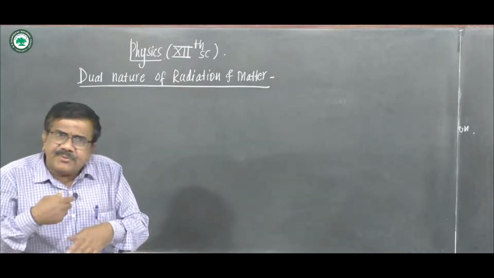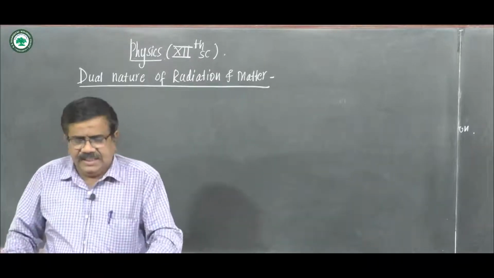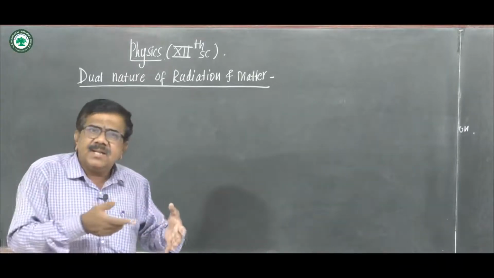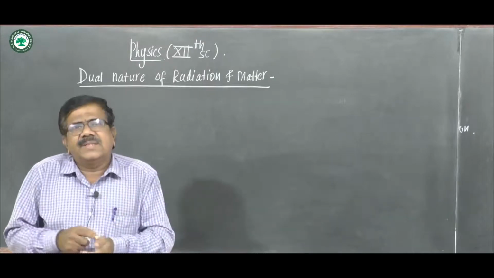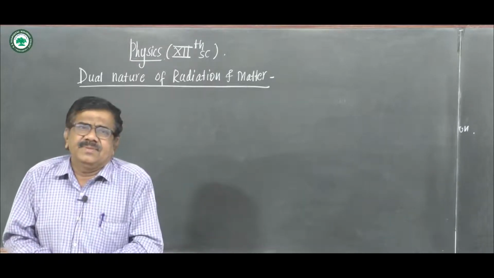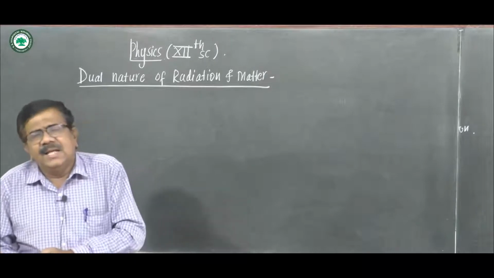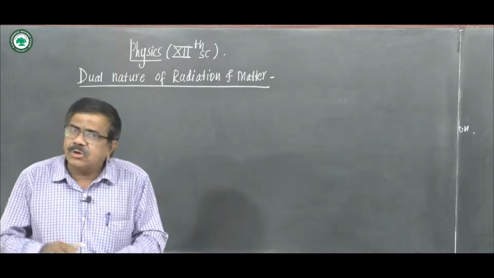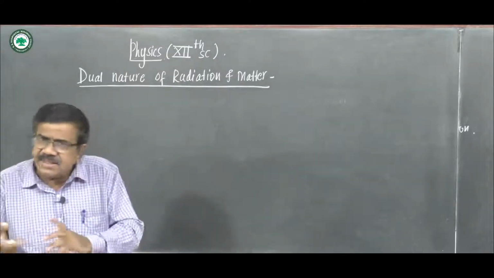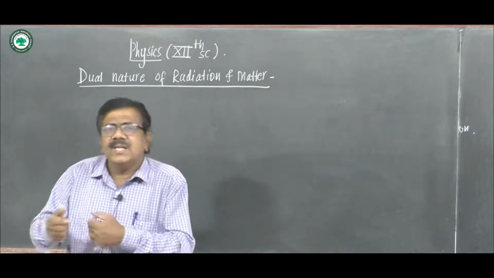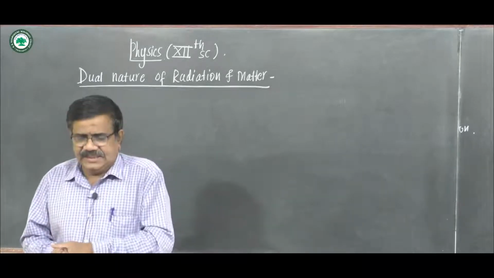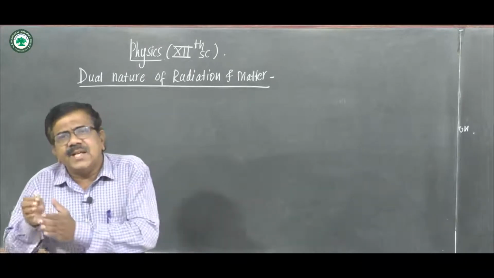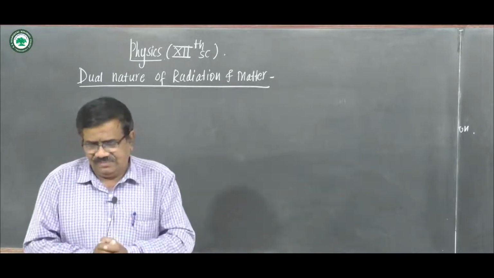These electrons are free to move inside the metal. We say that the electrons are confined in a metal. They cannot escape from the surface of the metal unless sufficient energy is supplied to them. Electrons are free inside the metal, confined in the metal, and randomly moving in the metal. But they cannot escape from the metal surface unless sufficient energy is supplied to the electron.